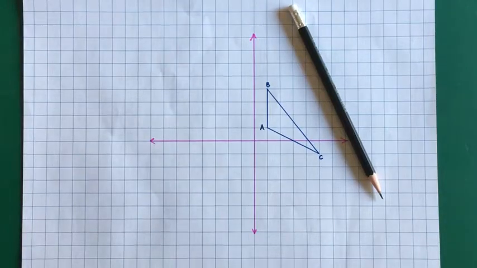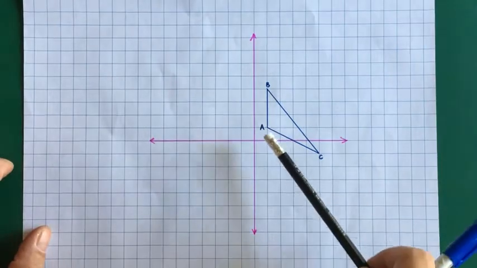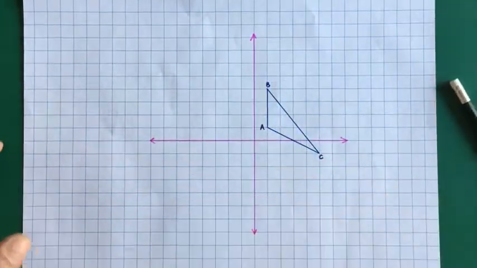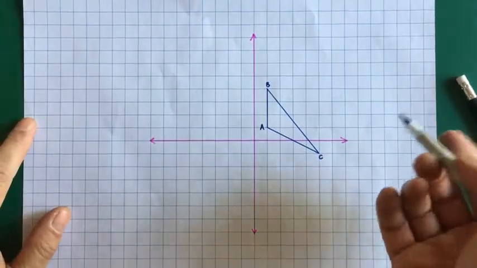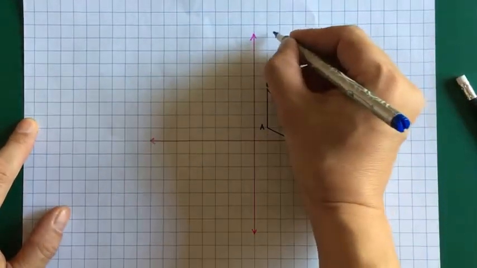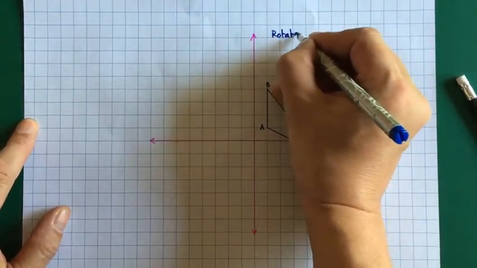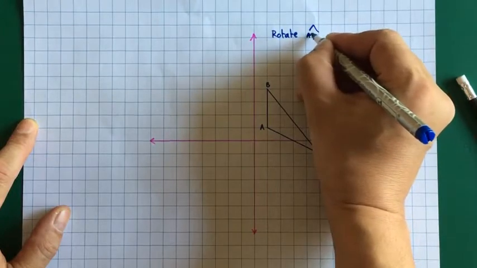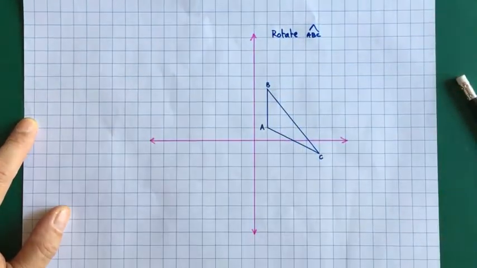So we're going to do a rotation, and we're going to rotate triangle ABC. And we're going to rotate it around a point. So, let me just write those instructions down actually. So we're going to rotate triangle ABC, let's say 90 degrees,